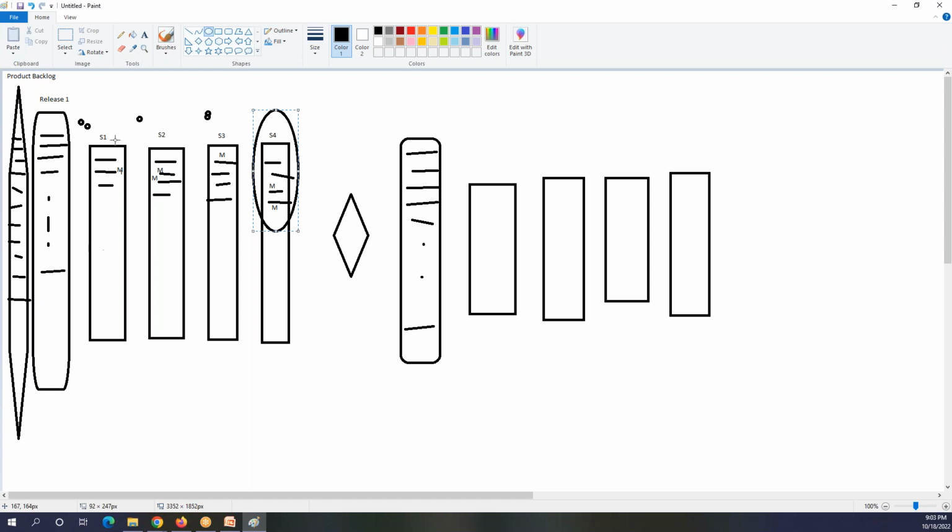Okay, let me get it another way. So in sprint 1, how many major functionalities did you have? Only 1. In sprint 2, how many major functionalities? Major functionalities will be 2 for sprint 2.